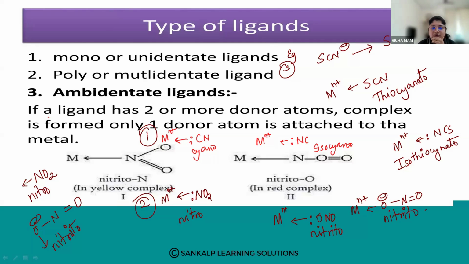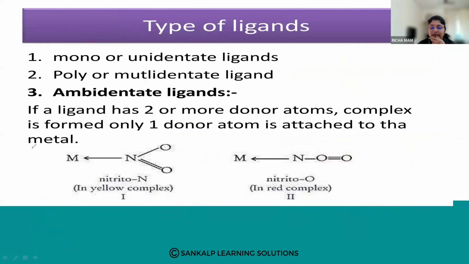So this is about the types of ligands. Depending upon these types, we are going to apply it later, when we learn how to write coordination compounds. If I ask what EN is, EN means ethylene diamine. EDTA is ethylene diamine tetraacetate ion, or triacetate ion. You need to remember all the ligands this way.